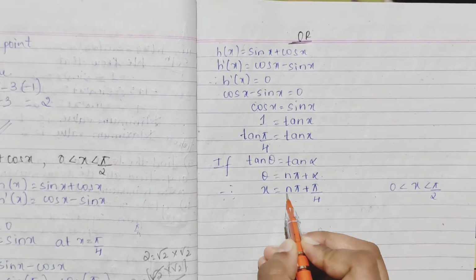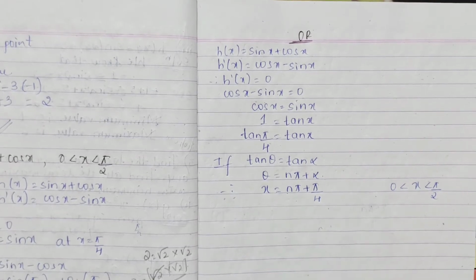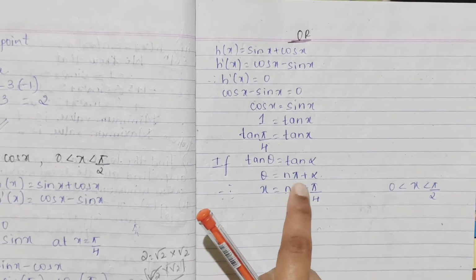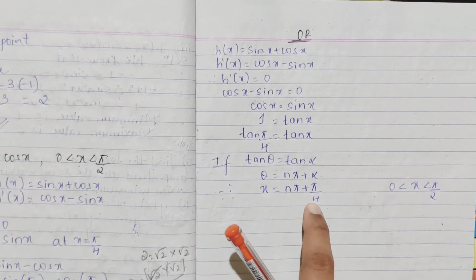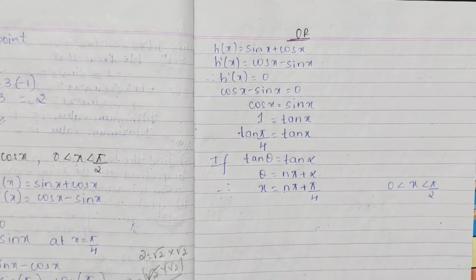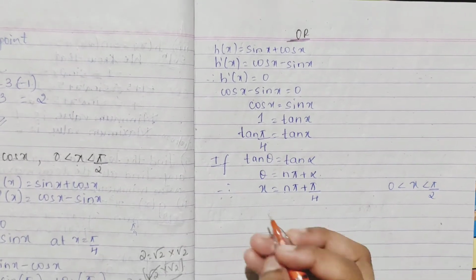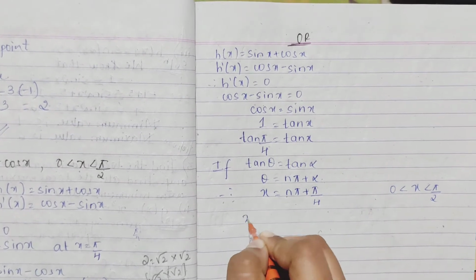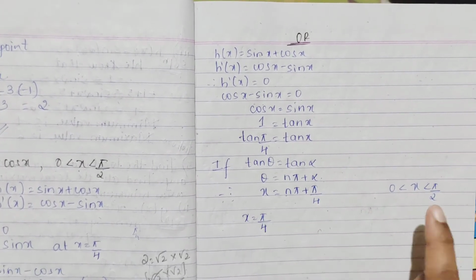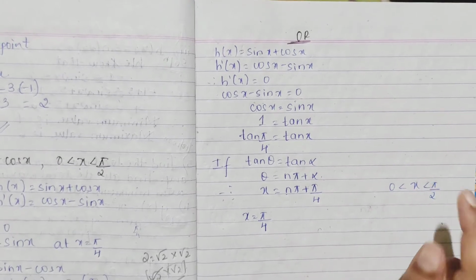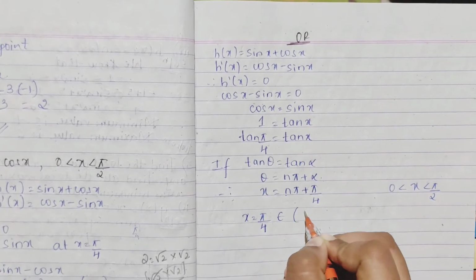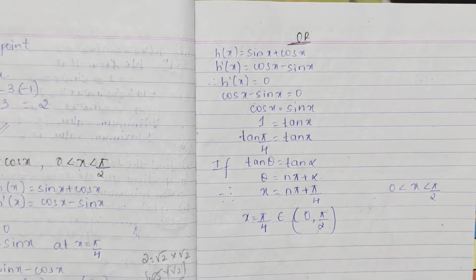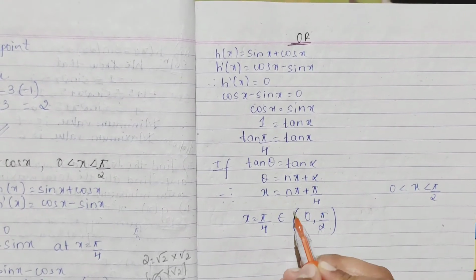So first we will put n is equal to 1. If you put n is equal to, sorry, first you keep n is equal to 0. When you put n is equal to 0, this whole term will be 0, right? And you will be having pi by 4. So the first value you are getting, when you put 0, you will be left only with pi by 4. So x is equal to pi by 4. Does it belong to this open interval they have given? Yes, it belongs to 0 comma pi by 2. This is an open interval only, right? Because it is less than. If there is an equal to sign, then it will be your closed interval.